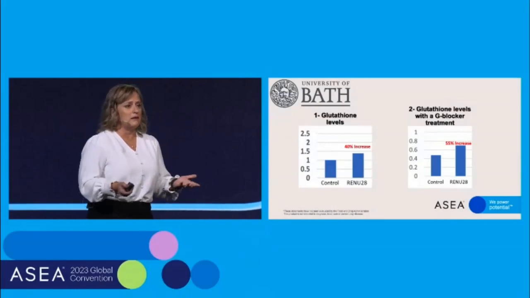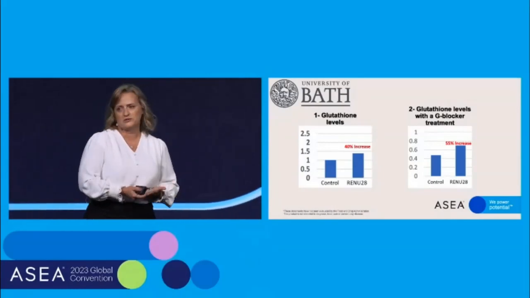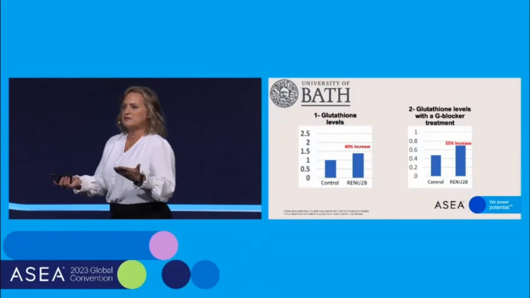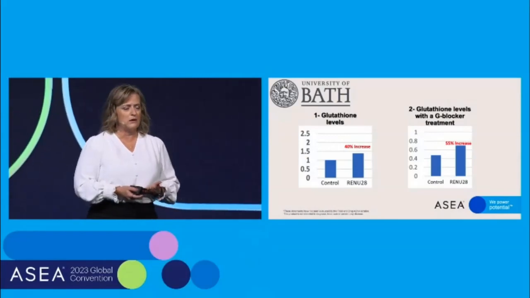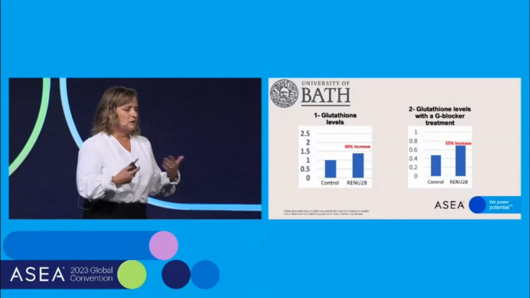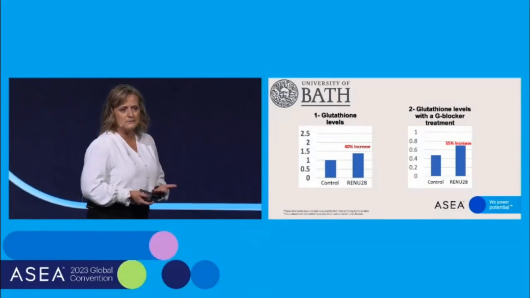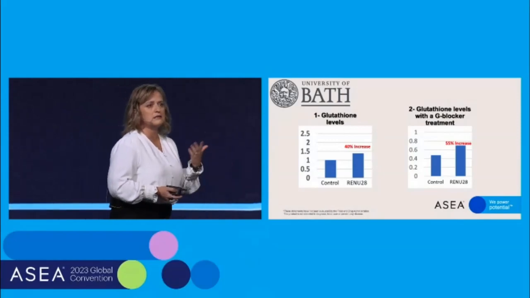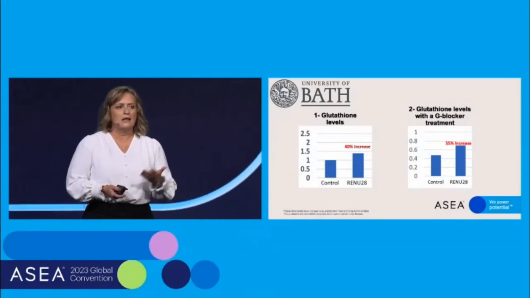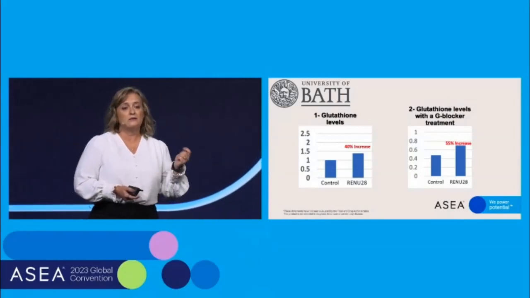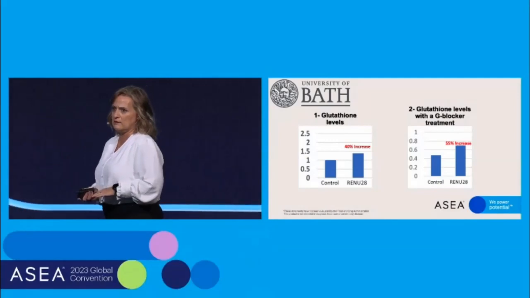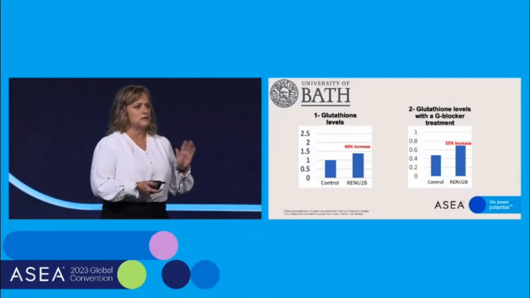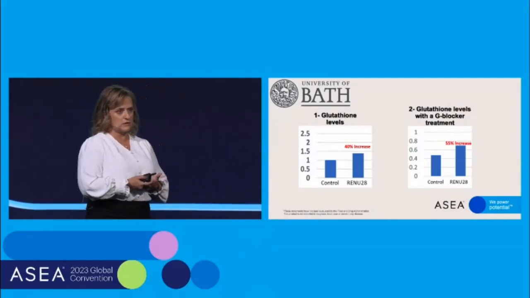So what does that mean? When our body is under stress, these protective proteins can be compromised. The production of them is compromised. And we're always under stress, right? What we saw here suggests that Renu28 can restore the production of glutathione. Glutathione, again, is a protective protein in the skin when the skin is under stressful conditions.